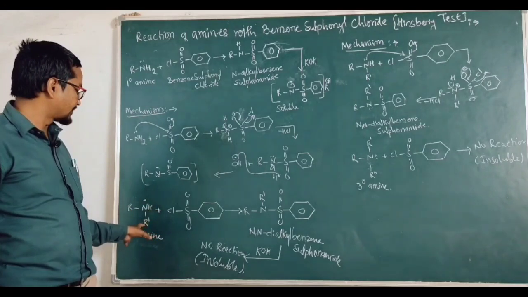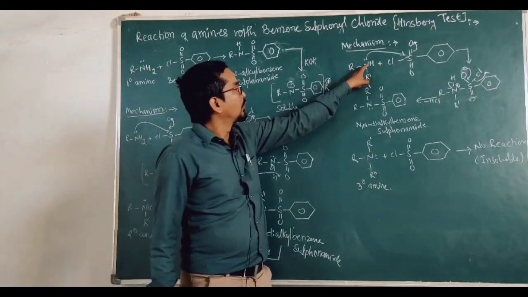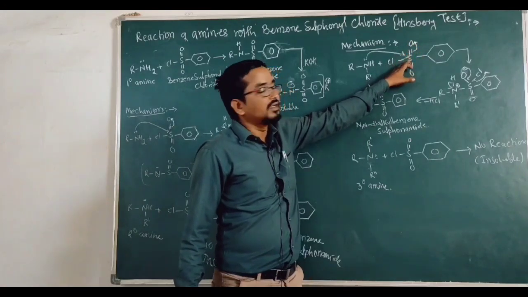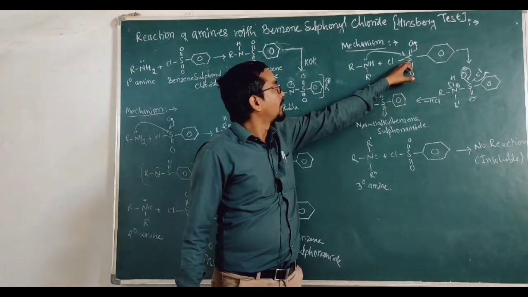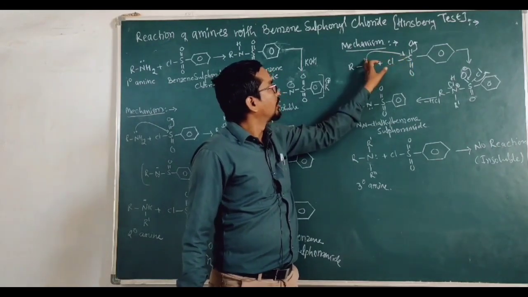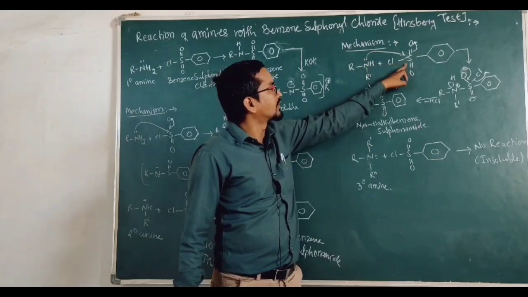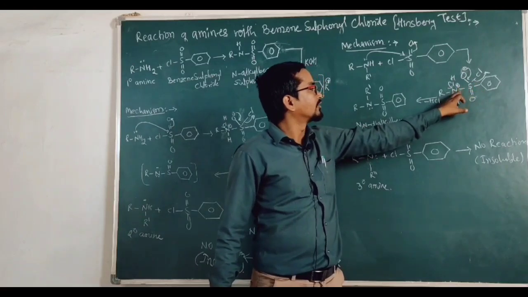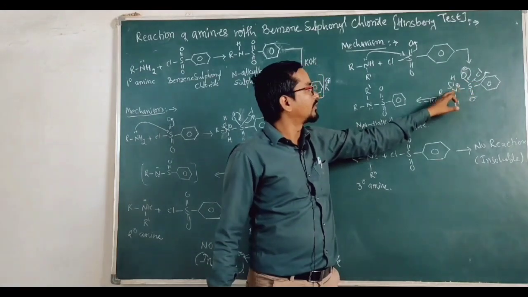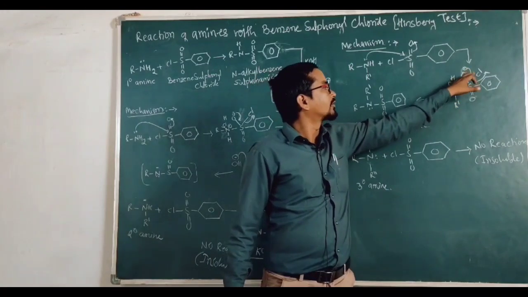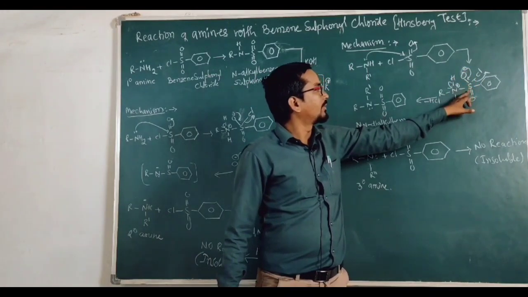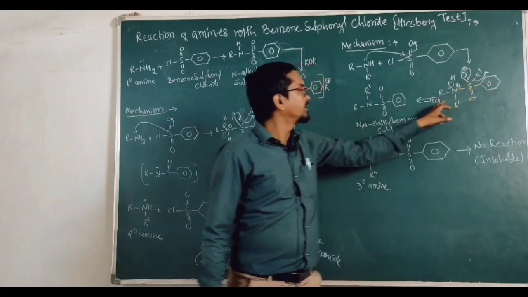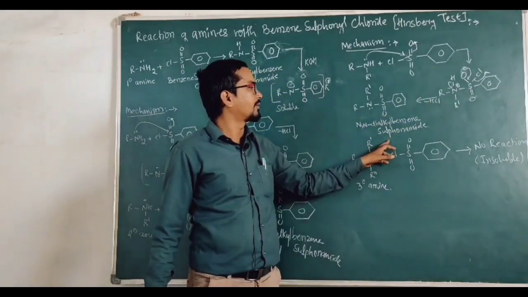Similarly, if you look at the mechanism of secondary amine, the oxygen will abstract the electron because of its higher electronegativity, so sulfur will acquire a slightly delta positive charge, and the lone pair of electrons of the nitrogen of the secondary amine is donated to the sulfur. It will form this kind of intermediate where oxygen is negatively charged and nitrogen is positively charged. Now nitrogen will try to reduce the positive charge by gaining the electron, and the negative charge on oxygen is converted to a double bond, and chlorine will leave because chlorine is a better leaving group, and hence it will lead to the formation of N,N-dialkyl benzene sulfonamide.